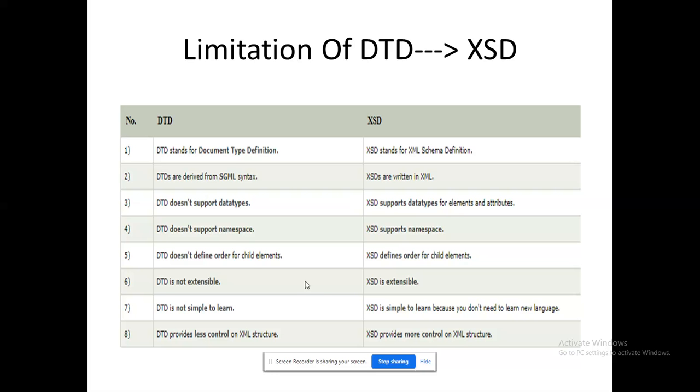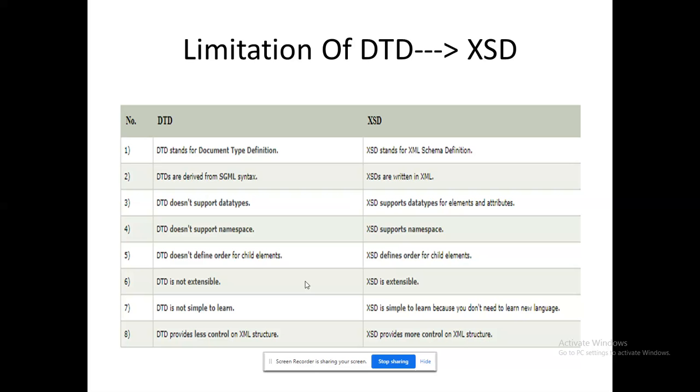In DTD, I won't give any order, because XML will generate a tree, right? So we have a traversal methodology. XSD will follow the traversal methodology, especially it is ready to work with a pre-order traversal. In DTD, you could not carry forward or modify it; you could not apply OOP on that, but XSD can be applied. So that could be the major orientation for moving from DTD to XSD.